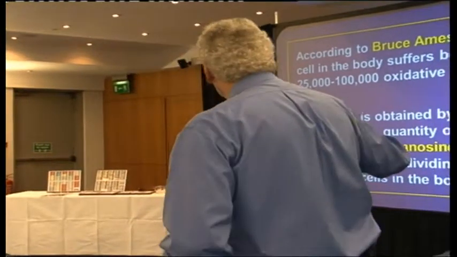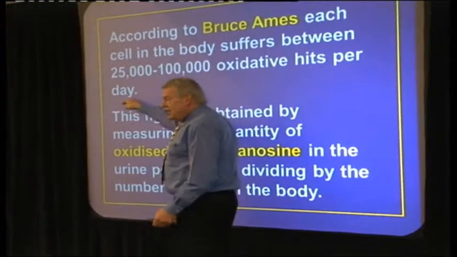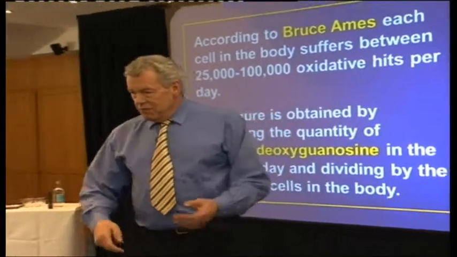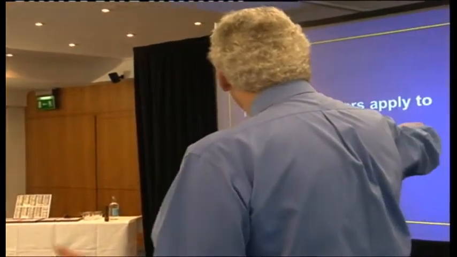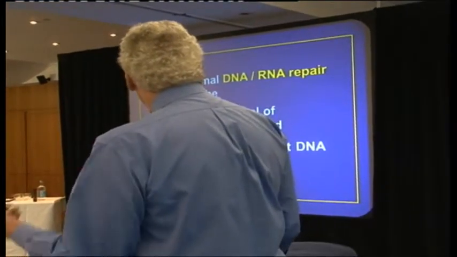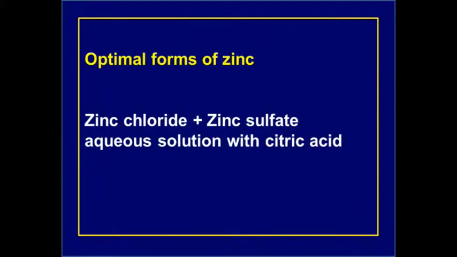Now, if you then eat the wrong foods and set up an inflammatory reaction, you've got a lot of toxic metals in you, you've got an infection, you've got allergy, you can increase this dramatically and destroy your DNA much quicker, with a bit of trying. So as long as you have a cabbage leaf when you eat your potato chips, it might be right. So the same cofactors work with RNA polymerase. So therefore we need an adequate pool of nucleotides, in other words the folic acid, and we need zinc to activate it. So the best forms of zinc are what I told you, the chloride, sulfate, fully ionized in an aqueous solution,